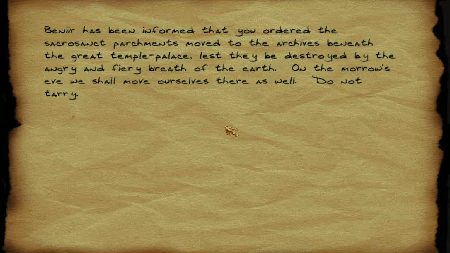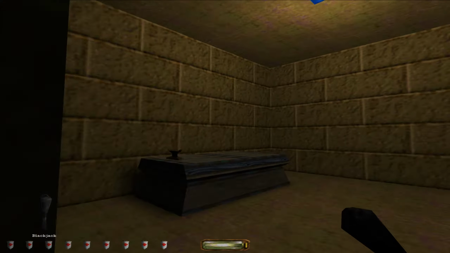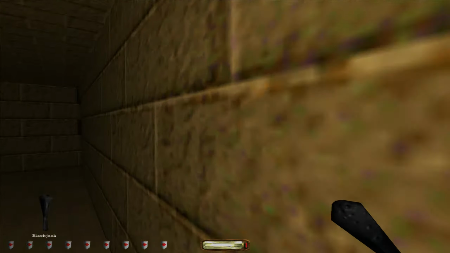Yeah, there was a great temple palace, and this is where a lot of the archives were. This isn't really a tomb, actually. This is more just a table, but...